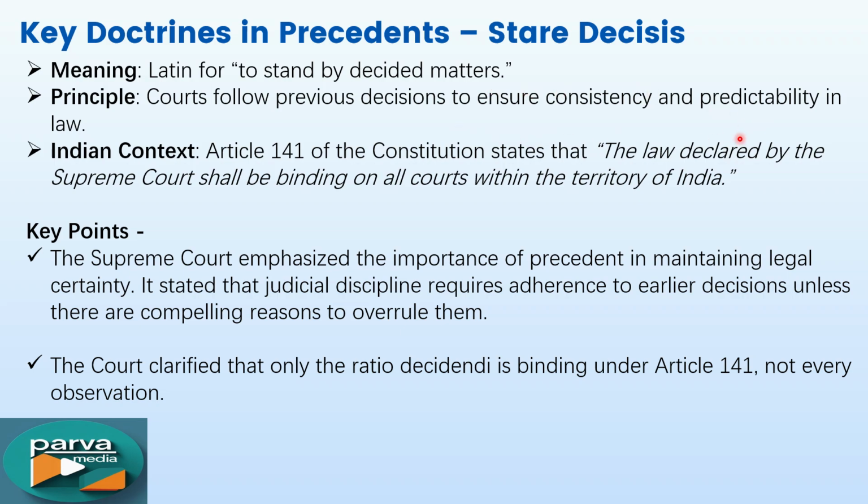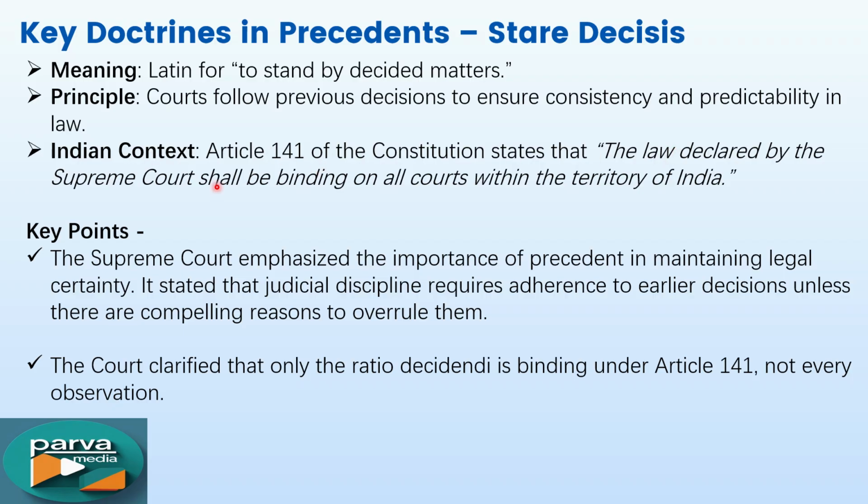I'm always saying that any decision given by one court or a higher court should be followed by the lower court. The basic reasons are maintaining consistency, predictability and stability in the law. When similar cases arise, courts rely on established rulings to guide their judgments. Right? Whatever decision was given previously in a similar case, the same decision will be given in the new case also. In India, this principle of stare decisis finds constitutional backing also.